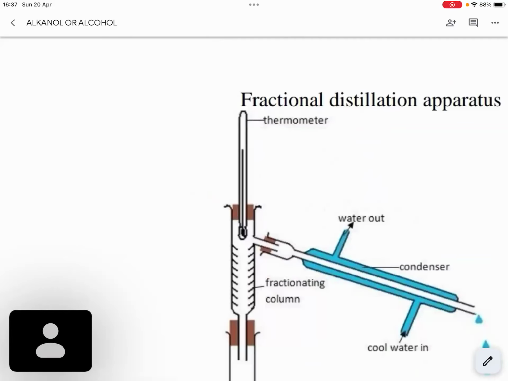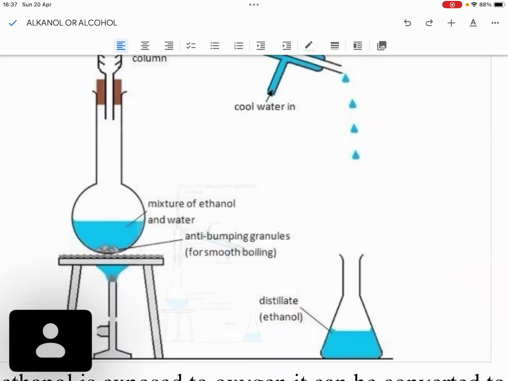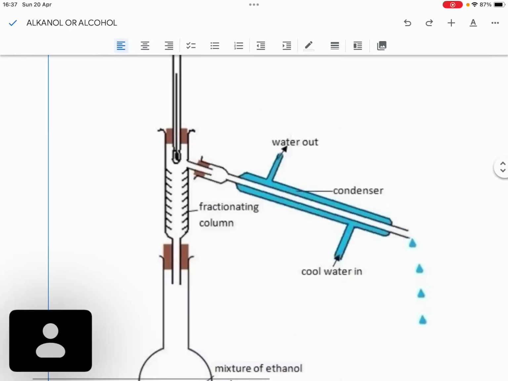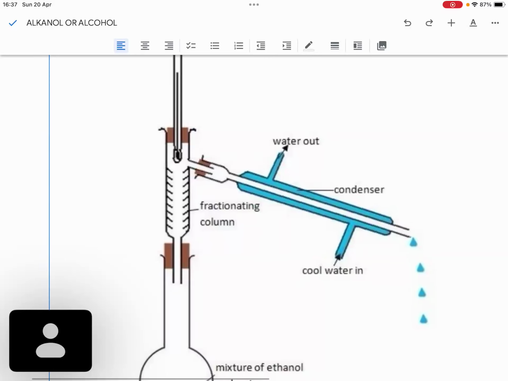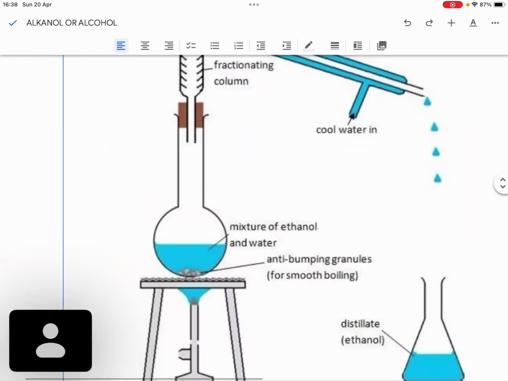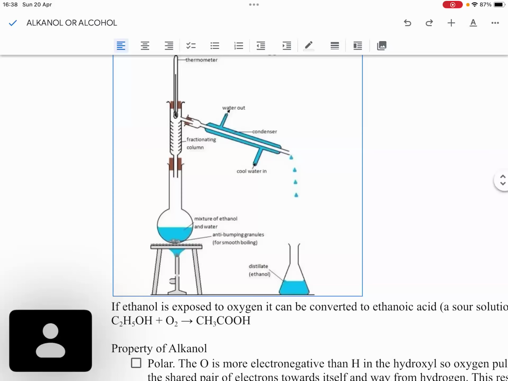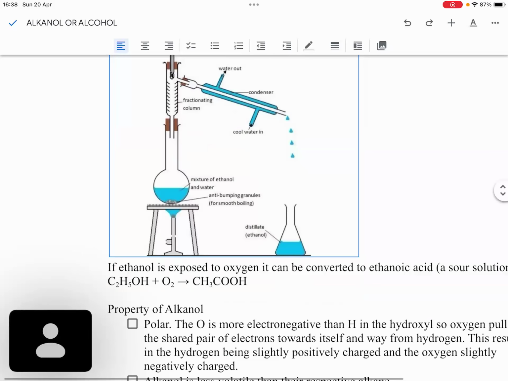We have the thermometer. The bulb of the thermometer must be near to where the vapors are entering the condenser. Here we have a condenser, or what's called a Liebig condenser. You need to put water in. Water in is at the bottom, because we want to make sure the bottom is coldest so that all the vapors are properly condensed, and the water goes out through the top. Then we collect the distillate in a